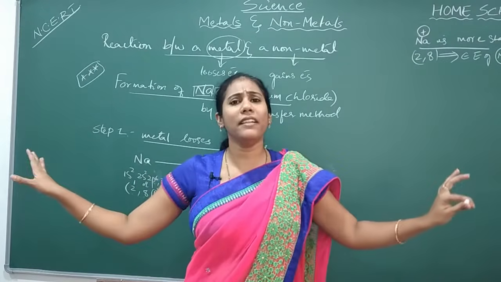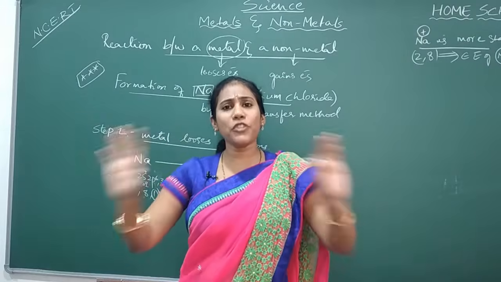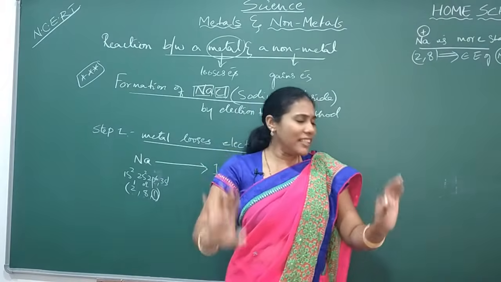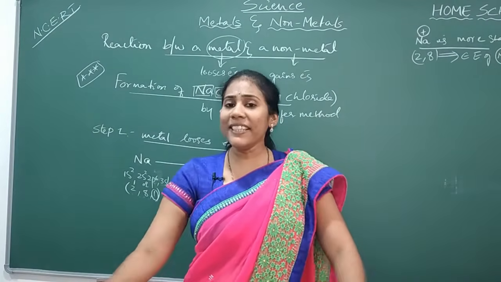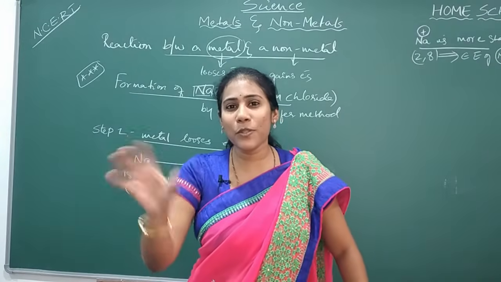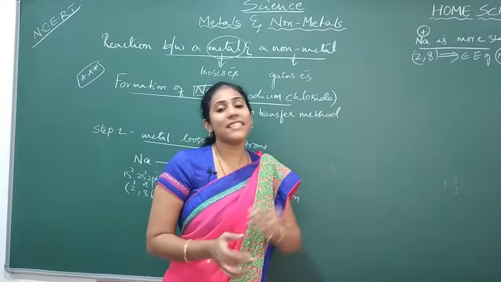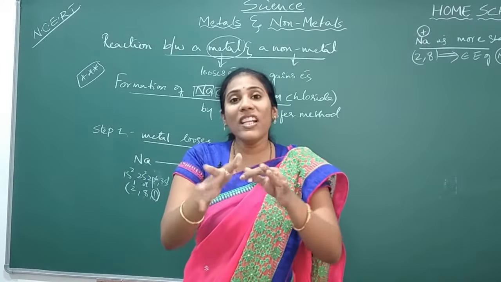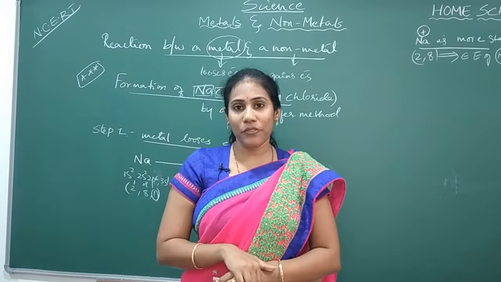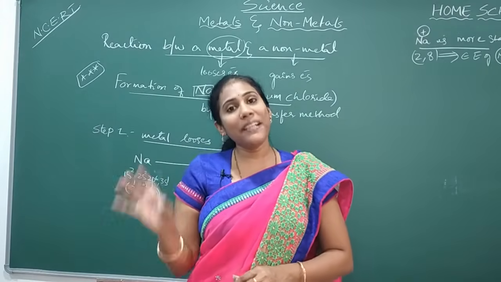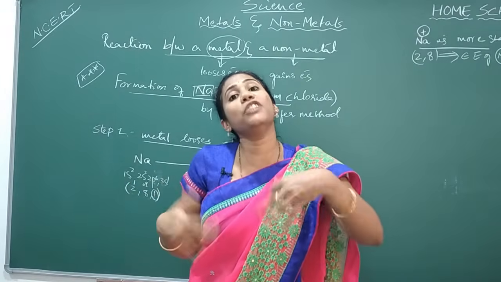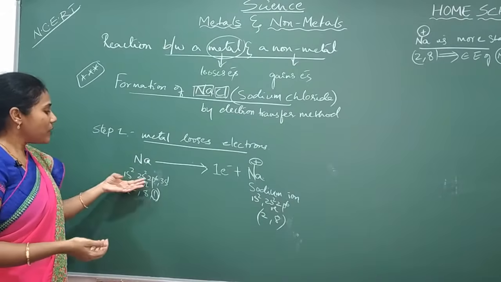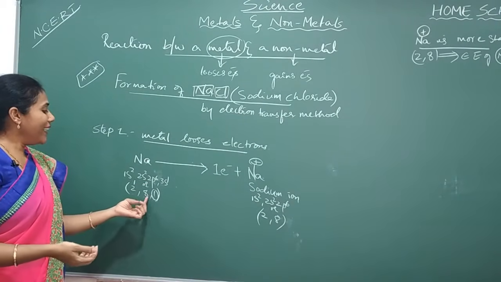They are very much happy. They have exactly as many electrons as they should have. They don't have more electrons, and they don't have fewer electrons either. However many electrons they want, that many are there. So when they are very much happy, this happiness in chemistry language we call stability. When some element is happy or stable, it will not participate in a chemical reaction. Elements participate in chemical reactions to achieve that happiness. See, sodium is not happy because you see the electronic configuration 2, 8, 1.